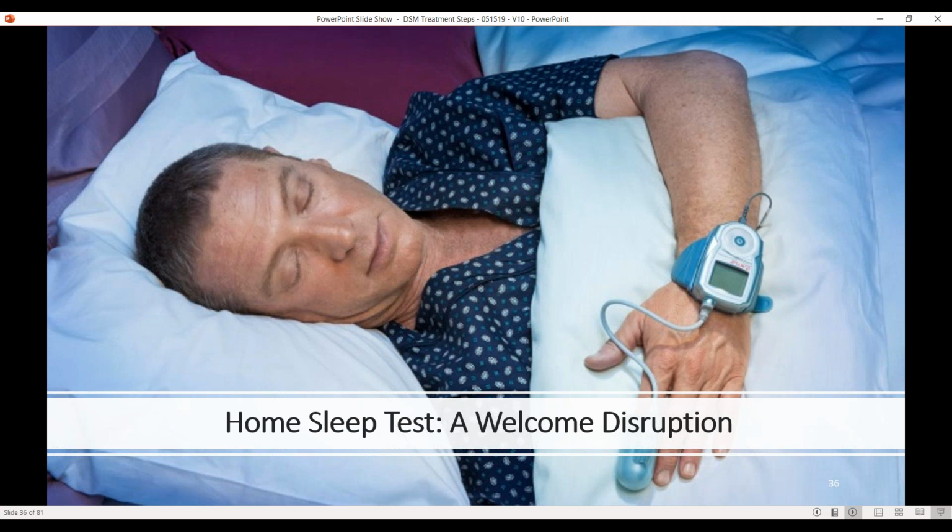Remember, the physicians have failed at this. Not all of them. There are some who have done very well at this. That's not a blanket statement. But when we look at sleep apnea in general, and we've only identified 10 or 12% of the patients that have sleep apnea, we've just not done a very good job, any of us as physicians or dentists or PAs